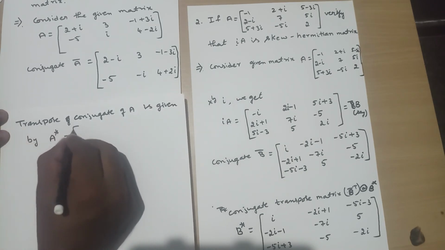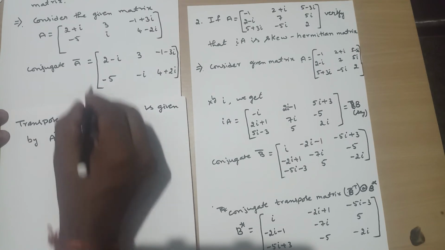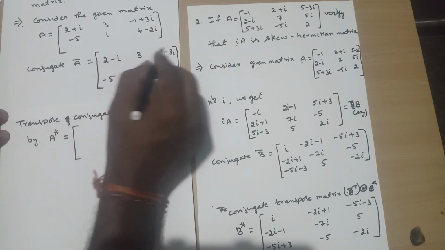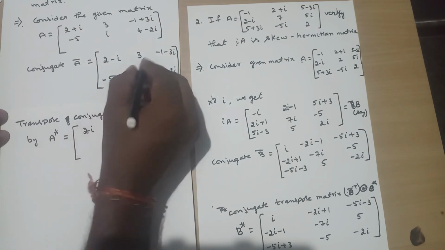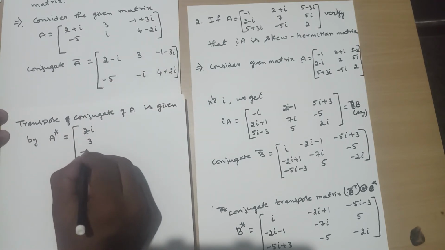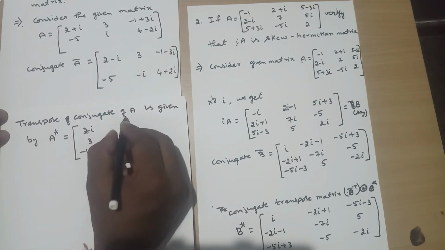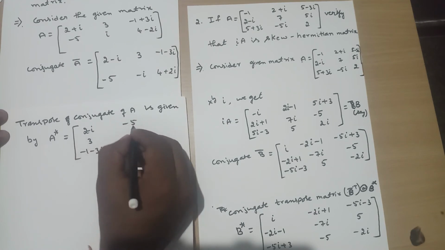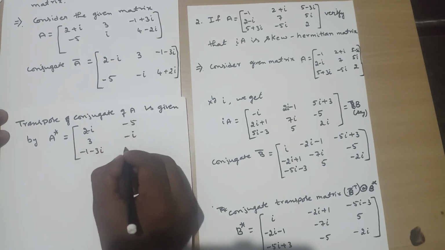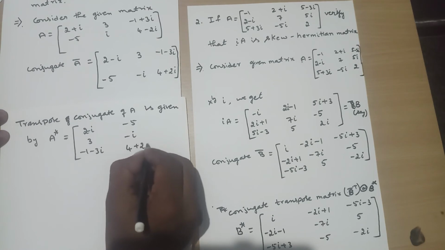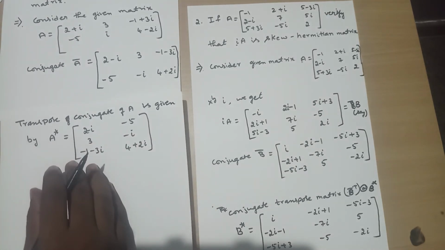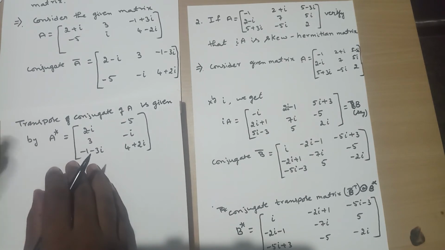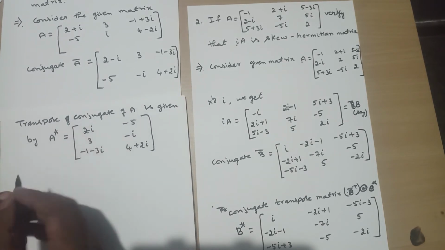So what do you get here? A conjugate, you have to write row-column wise. So 2 minus I, 3, minus 1 minus 3i, here minus 5 minus I, 4 plus 2i. So this is the conjugate transpose, or transpose conjugate, both are the same. Okay, now